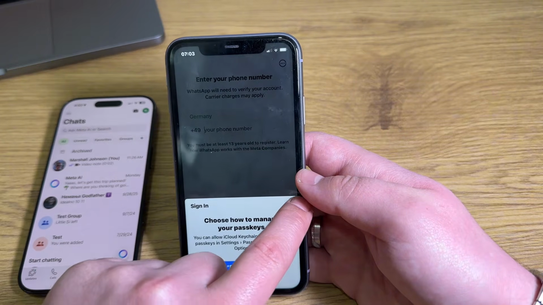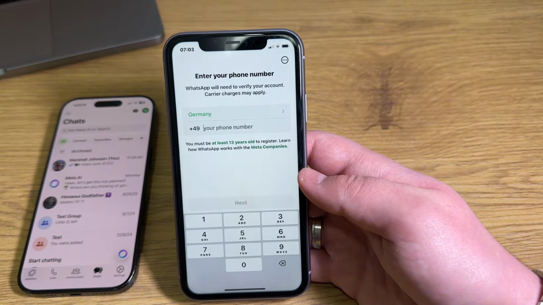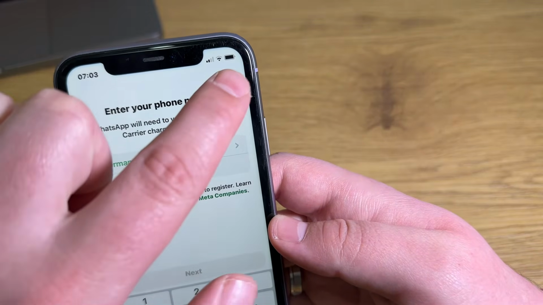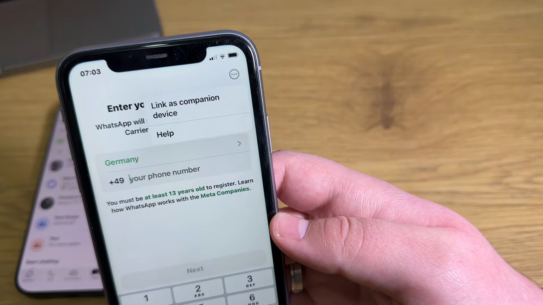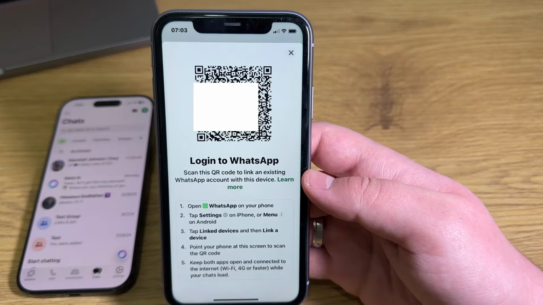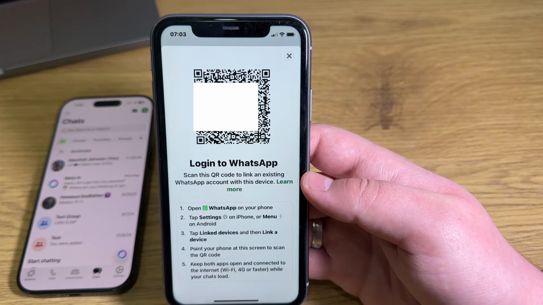You're going to get to the page where you need to enter your phone number, but instead of entering it, I'm going to click on the three dots at the top right corner of my screen and then tap on Link as Companion Device. You're going to be given a QR code, and I'll go over to my main device,